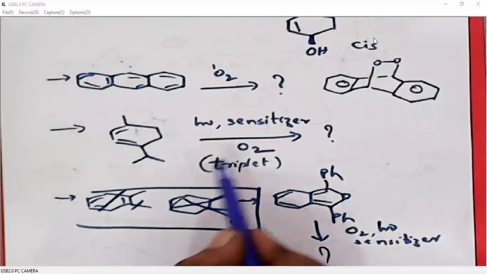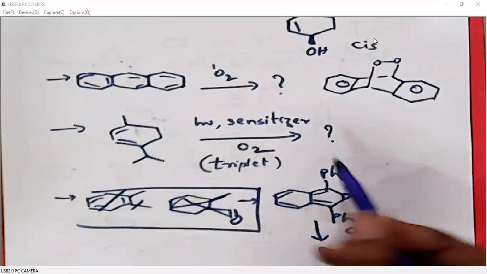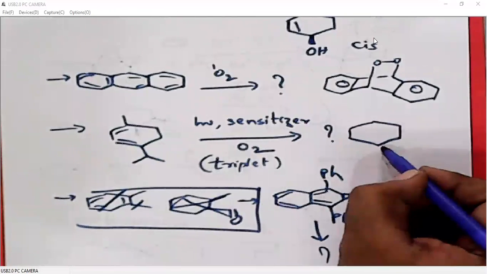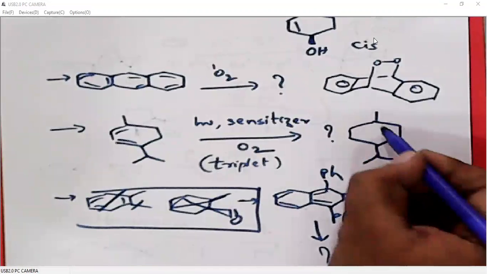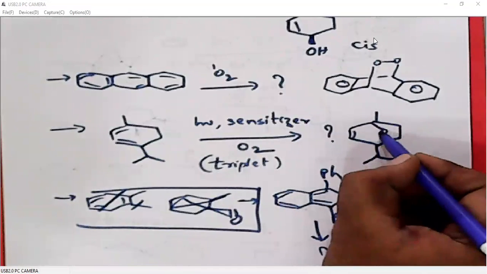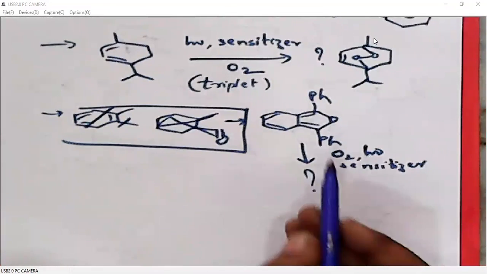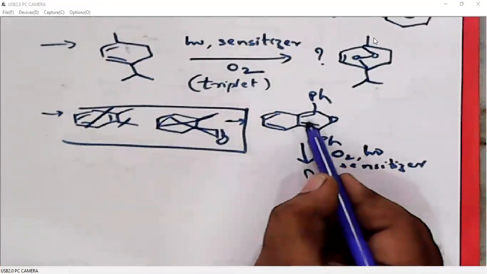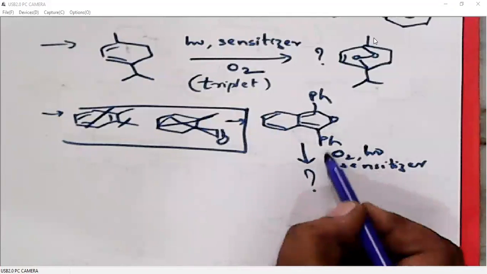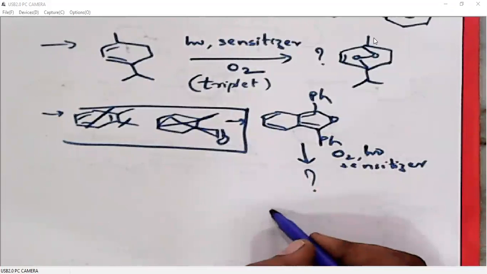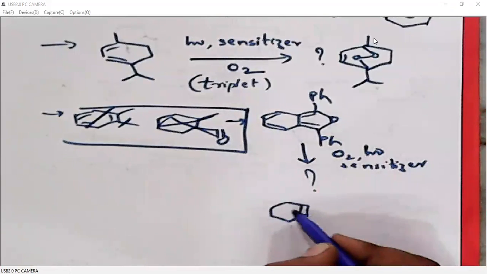When we treat oxygen with this diene, we will have a Diels-Alder reaction and we will get a cyclic peroxide. Similarly, in this case also, this will act as a diene, so it will undergo a Diels-Alder reaction with oxygen. So the product is